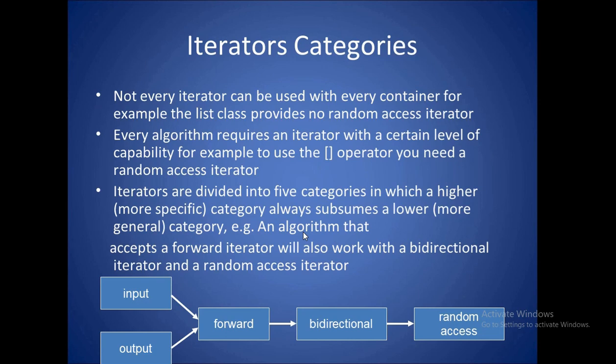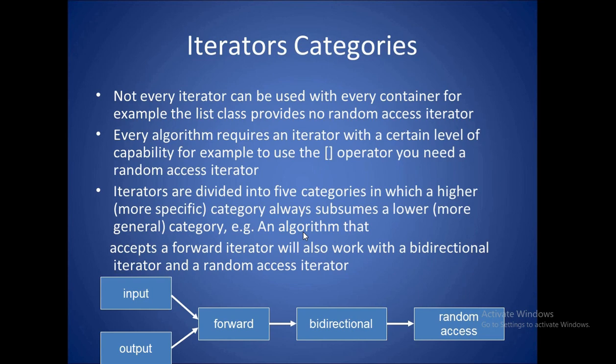There are forward iterators that move only in the forward direction, then bidirectional iterators that move in two directions, that is forward and backward. Then there are input iterators that are forward only, for reading only, and output iterators that are forward only, for writing purposes. Bidirectional is for forward and backward, for both reading and writing. Random access iterators move randomly, forward, backward, anywhere, for reading and writing.